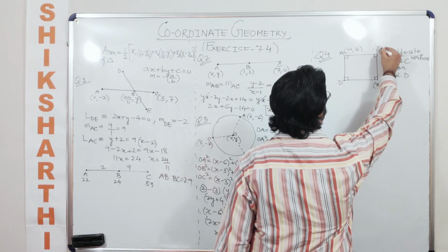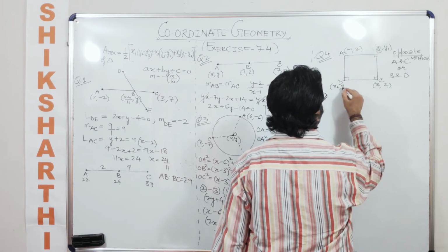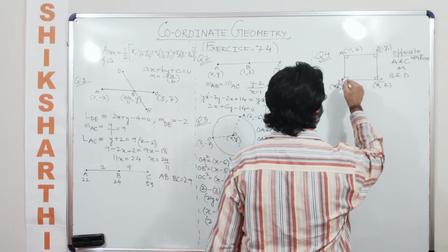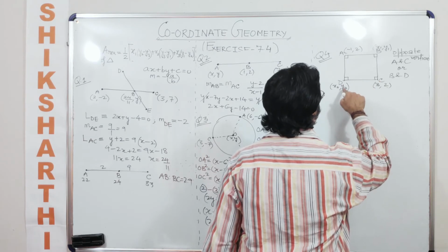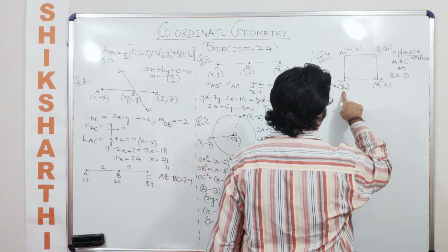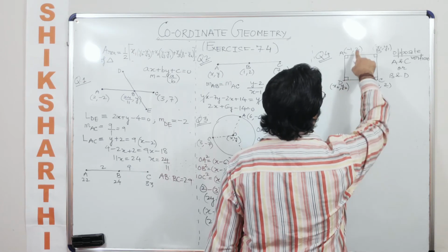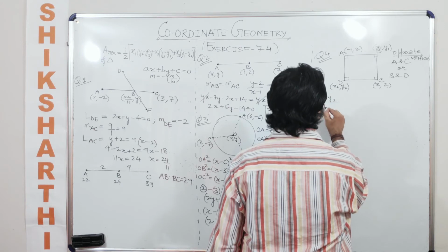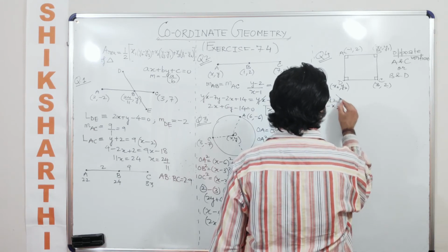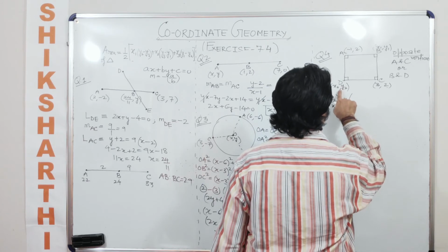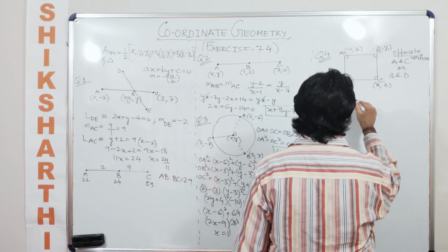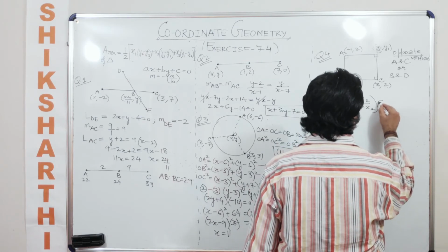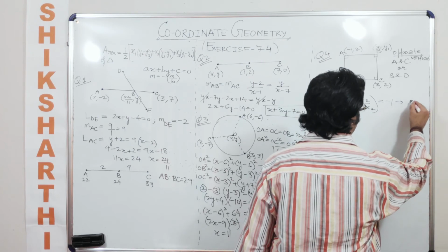So let me consider this as, using the slope formula, so can I say that the slope of this into the slope of this should be equal to -1? Okay, so can I say that now y2 minus y1 is just like saying 2 minus y2 upon -1 minus x2, into, so when we are considering this and this, we will say 2 minus y2 upon 3 minus x2. This should be equal to -1, right? So let's say this is first equation.